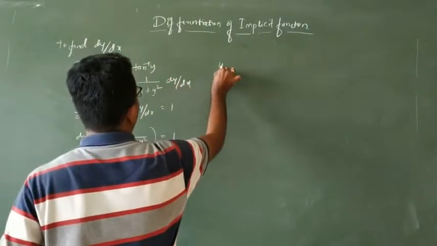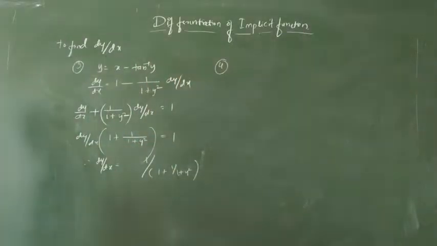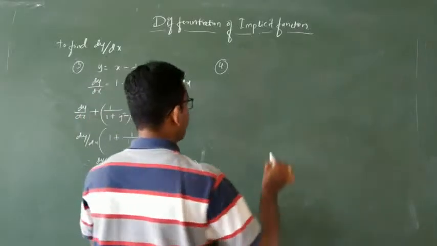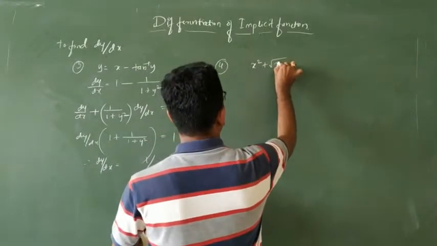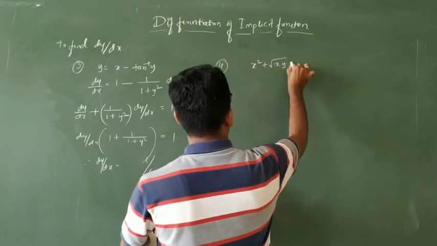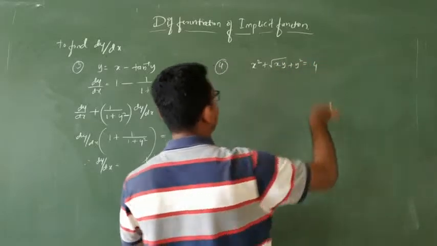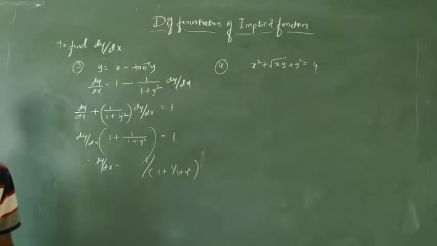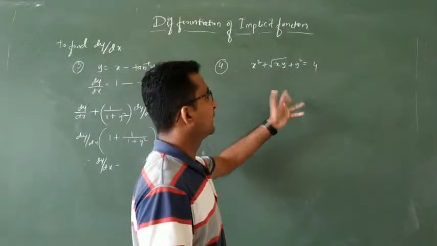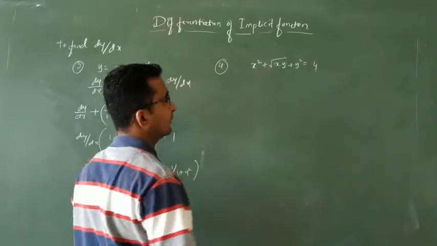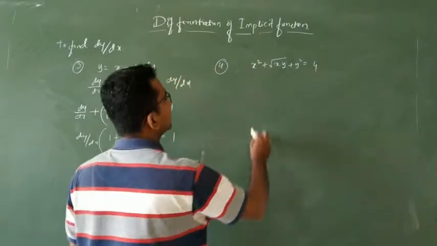And the next example is like, from the basic examples I am going to solve: x square plus root of x y is equal to 1. So this is also one of the types of implicit function, a dependent variable with the independent variable. So differentiate this with respect to x again. So x square